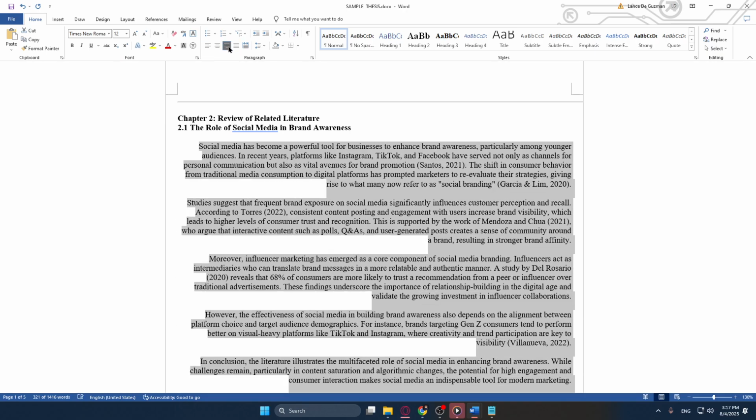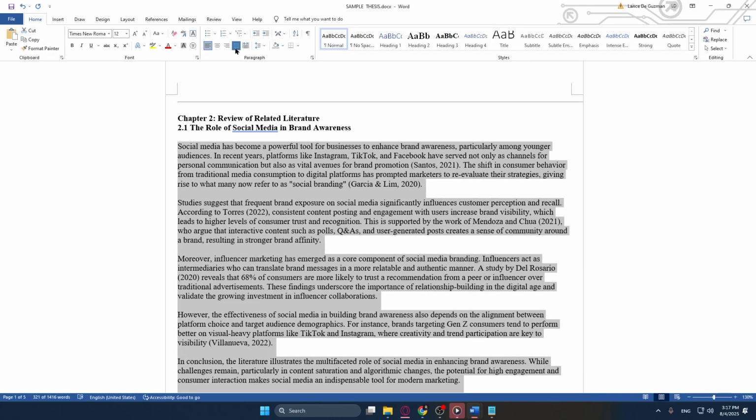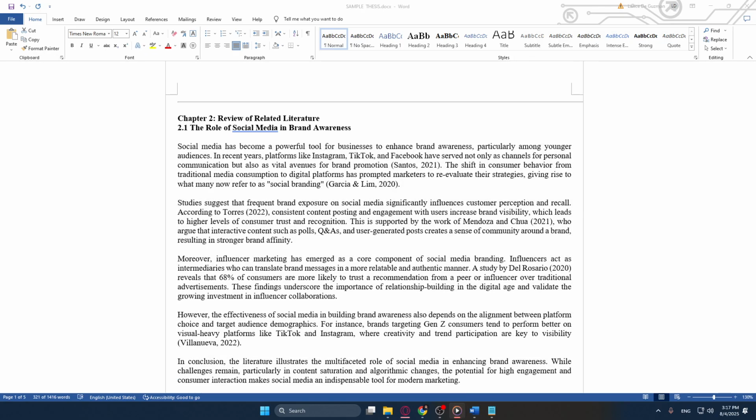And there you have it. Your text is now justified and looks perfectly aligned. This format is particularly useful for documents like reports, essays, or any formal text where consistent alignment is desired. Remember, the key to mastering Word is familiarity with its features, and justifying text is just one of many formatting